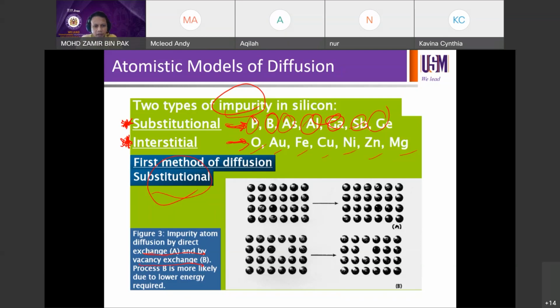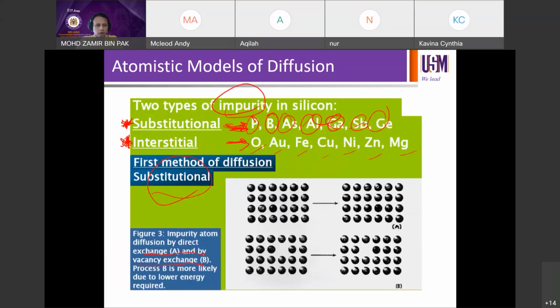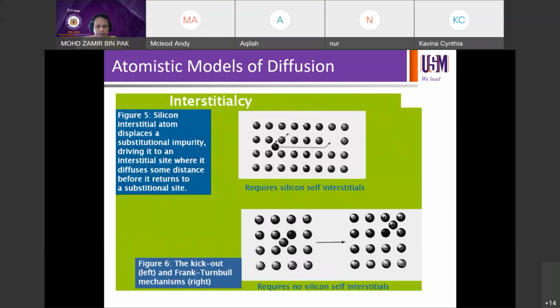Okay, process B is more likely due to the lower energy required. So vacancy exchange is more likely to happen when you incorporate substitutional impurities like the ones above, right? So you can see the position of the atoms. On the other hand, if you talk about interstitial incorporation of impurities like oxygen, gold, iron, and others, so there will be